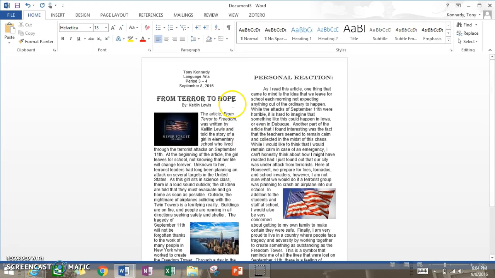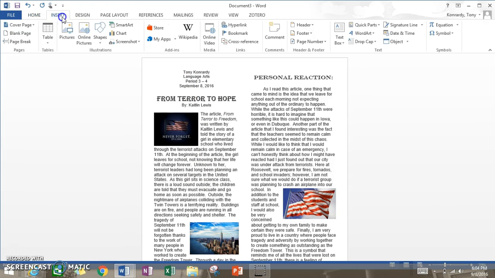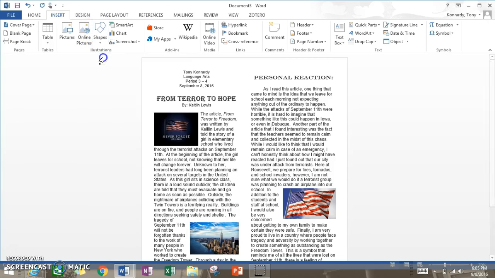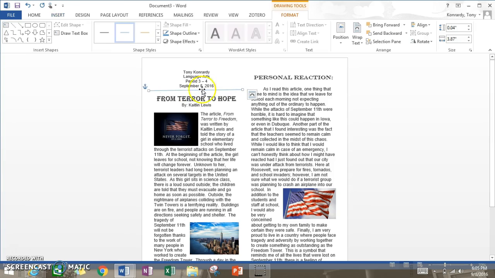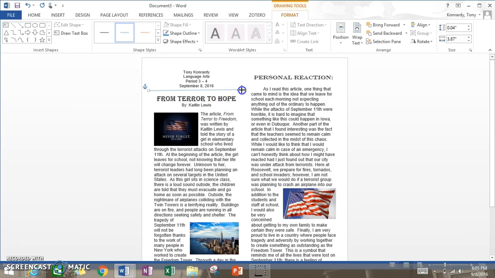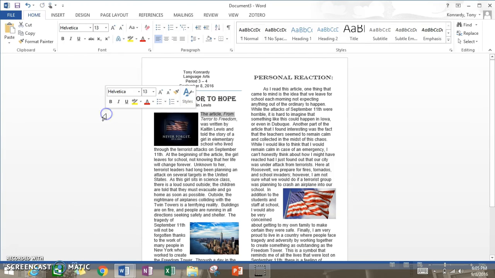Now, the only other thing we wanted to do to the actual document was let's separate our header from our actual article. And to do that, we can insert a shape by clicking the Insert tab and then clicking Shapes. I'm going to use a very basic line, and I simply left-click, drag, and then when I release that, it will make a line. Now, if you can see, my line looks a little crooked. I simply click on it, I can straighten it out, okay,